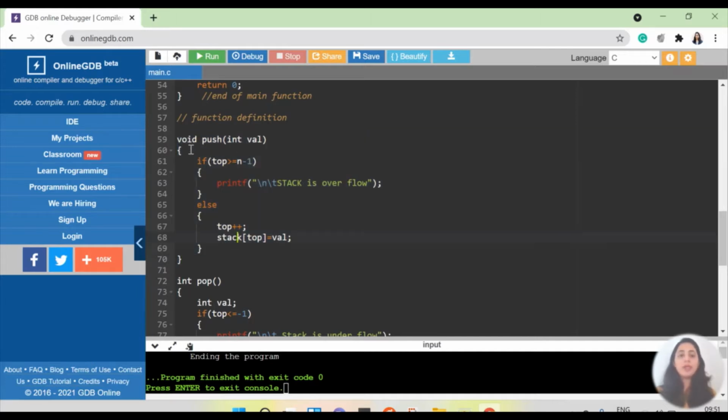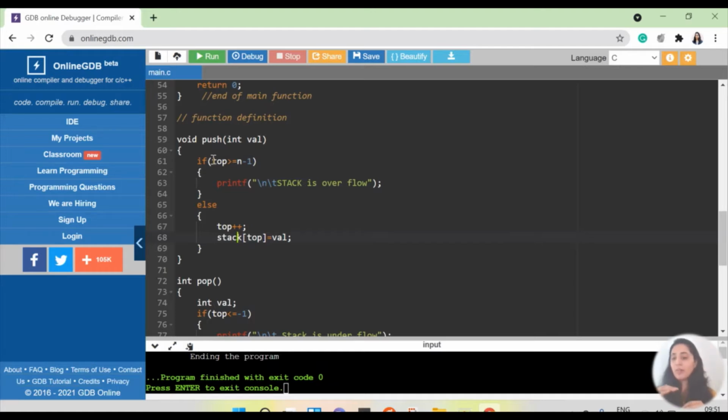So now let us go and understand the function. Inside the push function I'm just checking the condition. Whenever I want to push something to the stack, first of all I should check whether my stack is full or not. For that there is this condition to check if top is equal to n minus 1. N is nothing but the max size of your stack. Suppose my stack is of size 5, so n is 5.